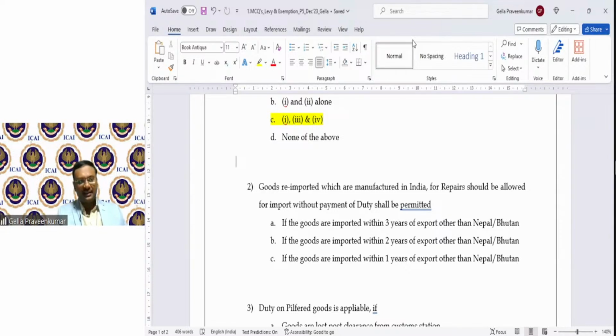Examination. Please keep in mind, we have 25% marks for customs law, of which at least 4 MCQs are based on first session, second session, third session. 3-day sessions are very important.